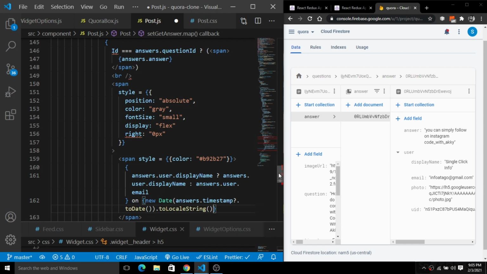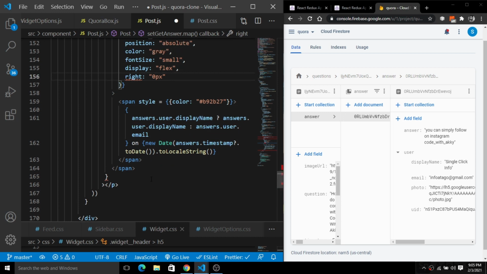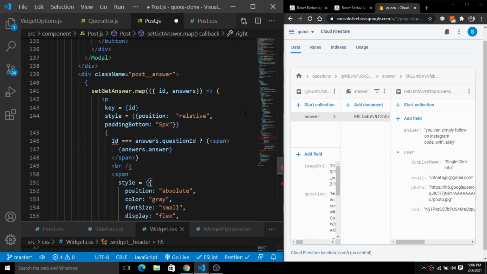Okay, as we are using the conditional rendering here, we have to fix these things here also. So next we have this p tag here. You guys have to simply add a semicolon also. Okay, so where is the other parenthesis? Okay, there is the parenthesis.